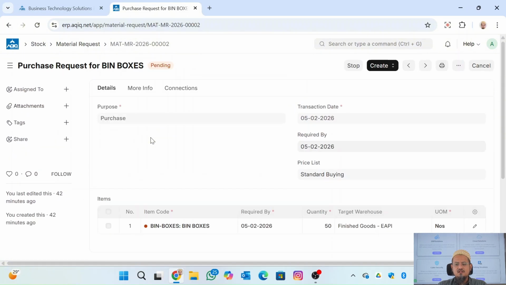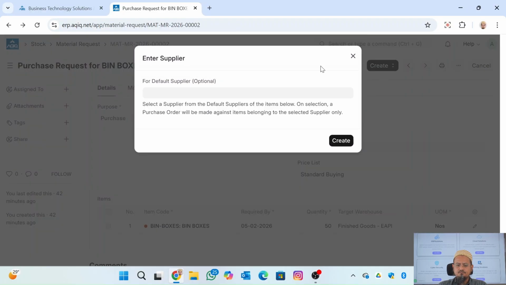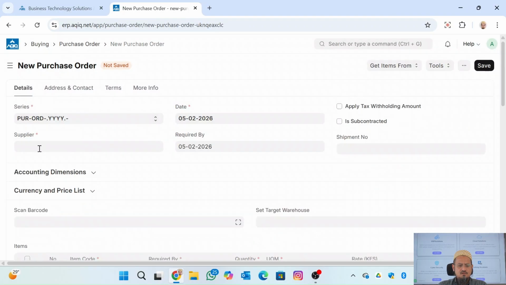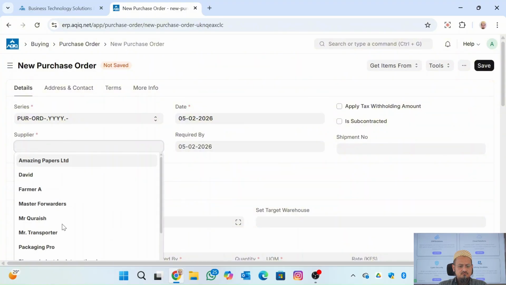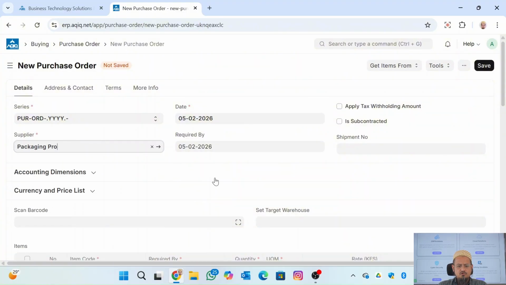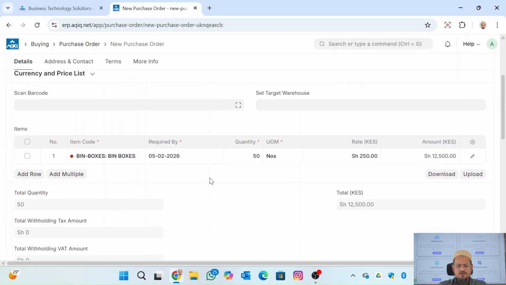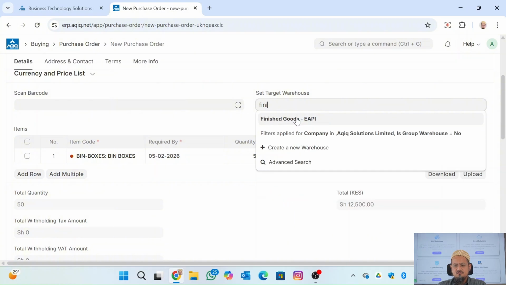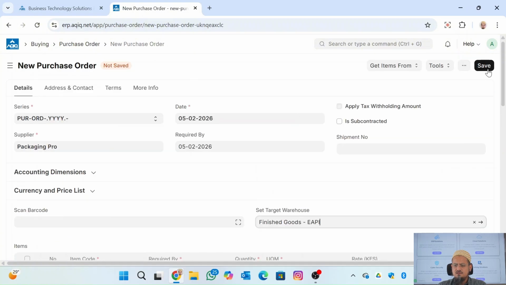Okay, so immediately from the request I can come here and create a purchase order or a request for quotation, or if I have a supplier quotation, I can key in the supplier quotation. So for me I'll create a purchase order here. I'll select the supplier. Let's say I'm getting it from Packaging Pro. Okay, any supplier. And finished goods, maybe I want to buy in finished goods. I'll save,